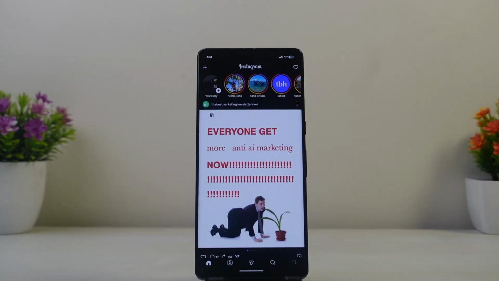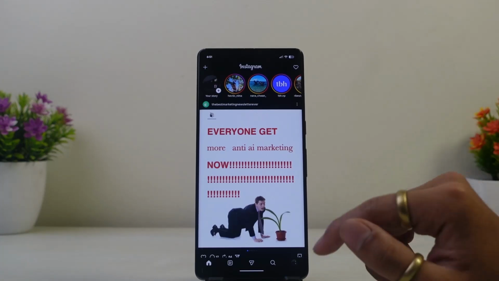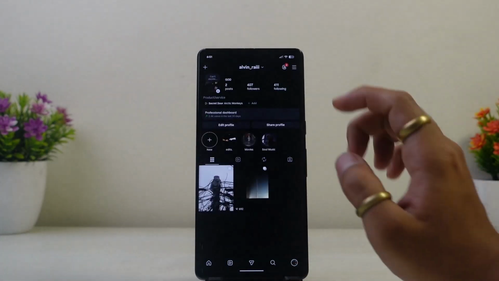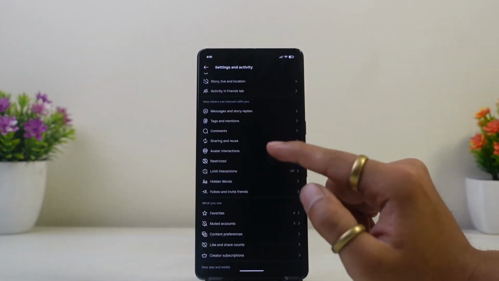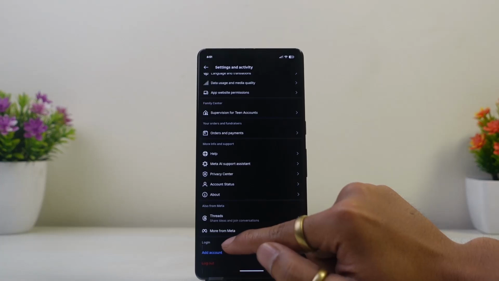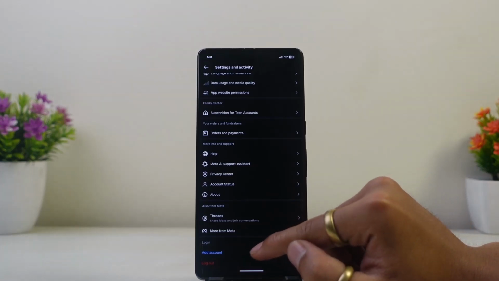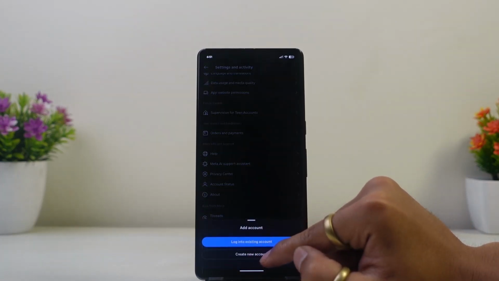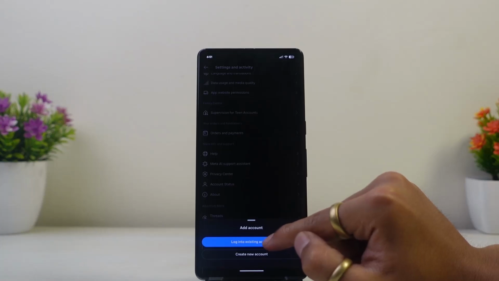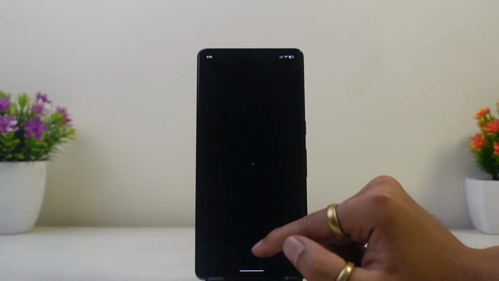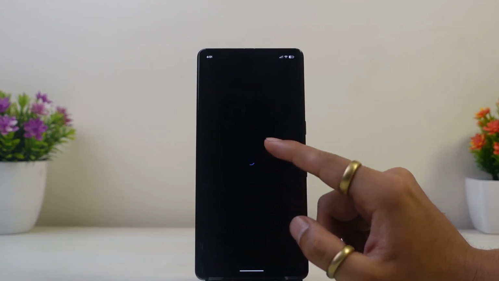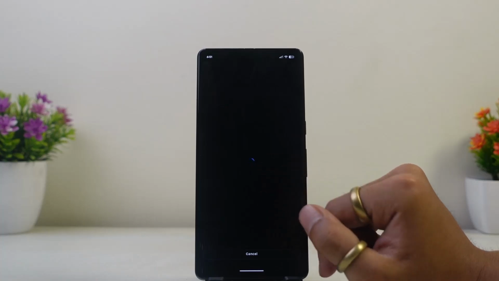Today I'll be showing you how to remove remembered Instagram accounts from the login list. Now first things first, go ahead and tap on your profile icon, then tap on these three horizontal lines, scroll down and you will find this login option. From here you can add an account and you will see the login to existing accounts option. Go ahead and tap on it and you will be able to see all the login list,